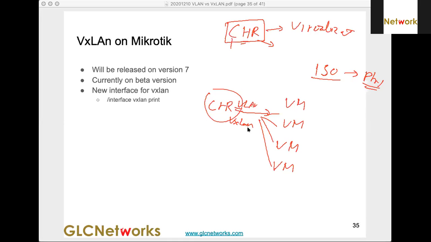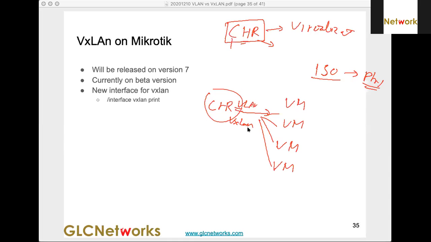Currently, you will not see VxLAN on MikroTik in the current stable release. It will be released in version 7. I don't know when, because they are still developing it. Many people are eager to see what is happening in version 7 because there are lots of improvements, and new commands are introduced.